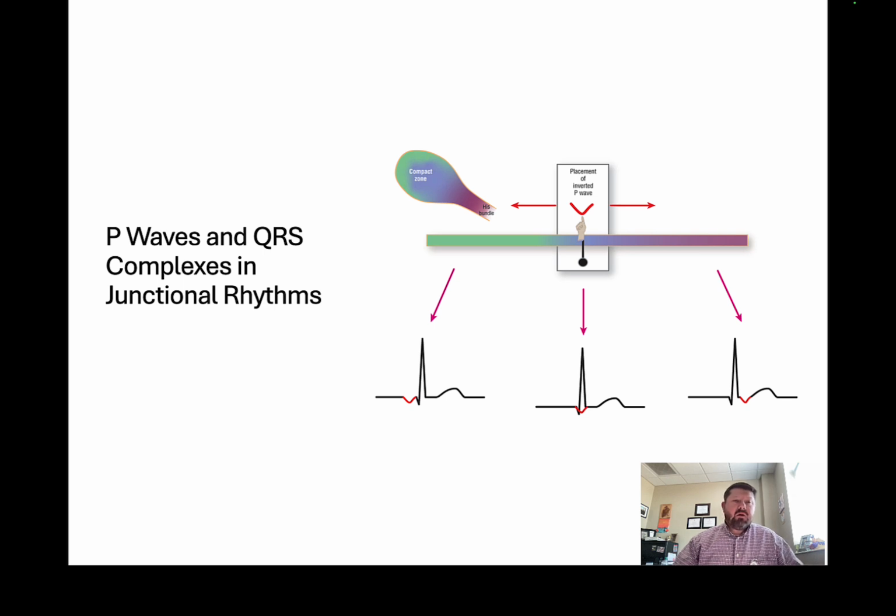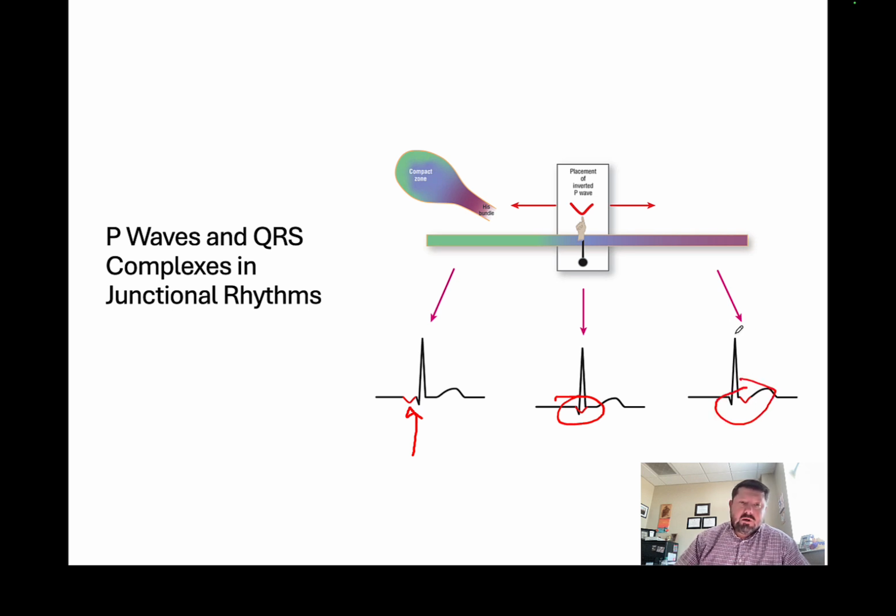So, P waves and QRS complexes in junctional rhythms. The location of the P wave relative to the QRS complex depends on the portion of the AV node where the impulse originated. It can be before the QRS complex with a shortened PR interval, such as this right here, where you notice a retrograde conducted, or inverted, P wave with a very short interval. It could be buried within the QRS, or it could be post QRS, slightly after the QRS complex,